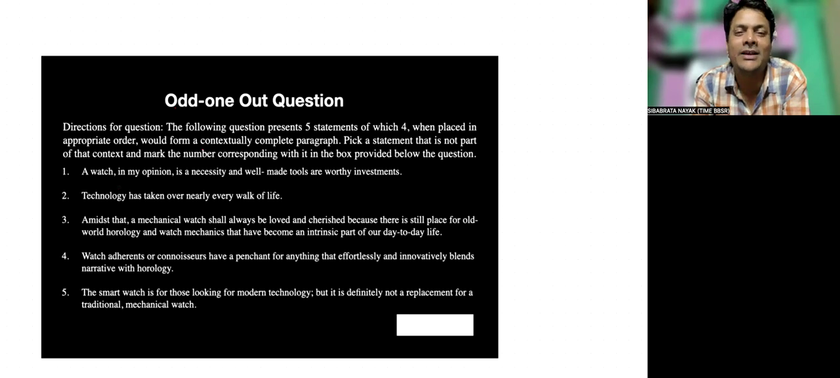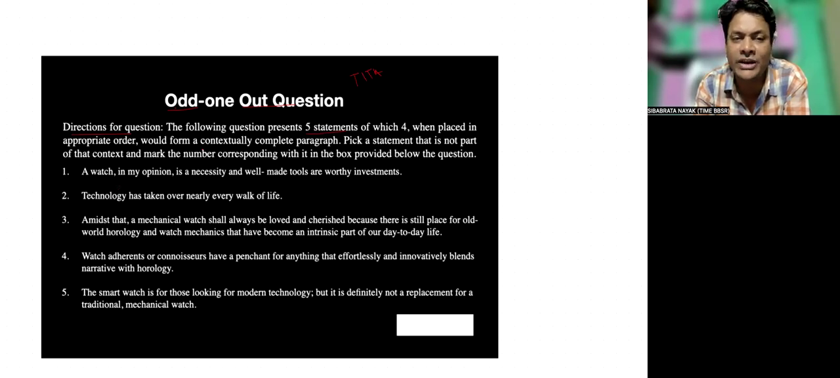Hello there. So here we have one of the odd one out questions, right? As we know, odd one out questions are TITA based questions, and the direction for the question is what? There are five statements. The five statements might be taken from any of the passages, right? Out of which you will find four that, when placed in appropriate order,